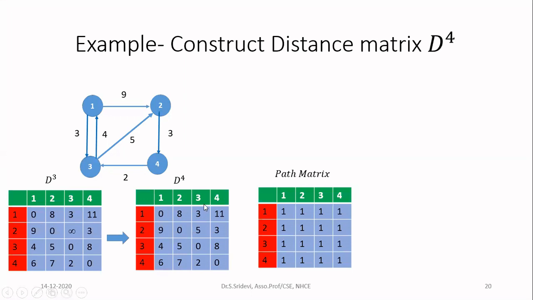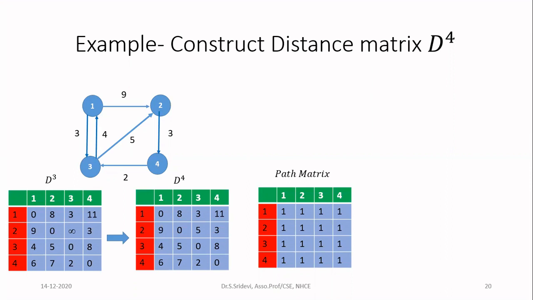So this is called all pair shortest path, because from every vertex we are finding the shortest path to every other vertex. The first row is going to tell that from vertex 1 to vertex 1, the shortest path is 0. Then from vertex 1 to vertex 2, the shortest path is 8. This is nothing but the distance of the shortest path. Then from vertex 1 to vertex 3, the distance of the shortest path is 3. Then from 1 to 2, the distance of the shortest path is 11. So we will know the shortest path from every vertex to every other vertex.